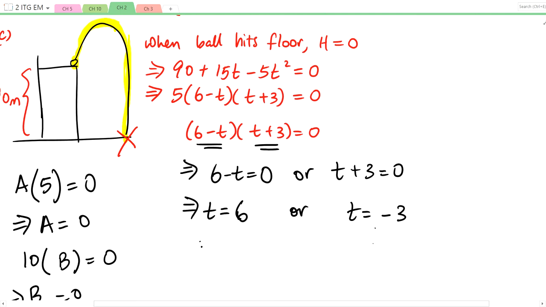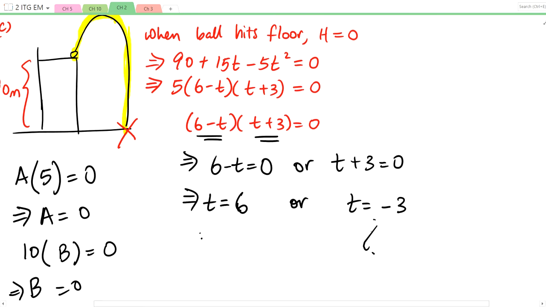Okay, so we put a reject over here. So we reject this. REJ, to say that we reject this answer. It doesn't make sense. So my final statement is that part C, time